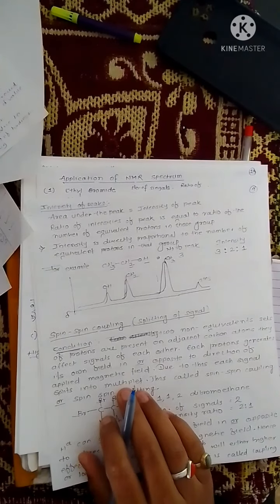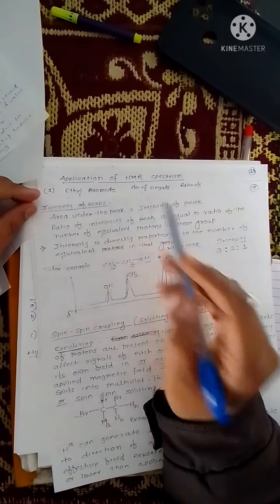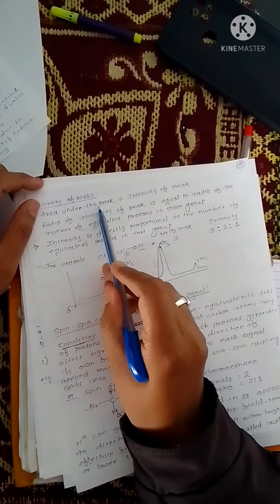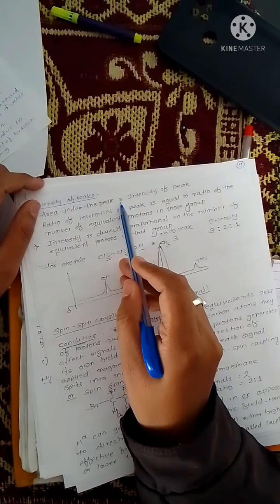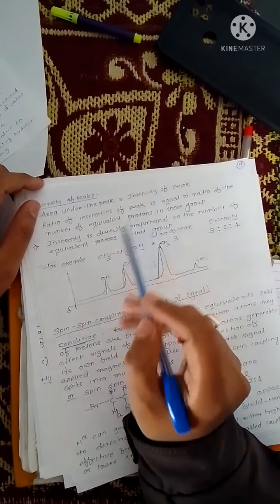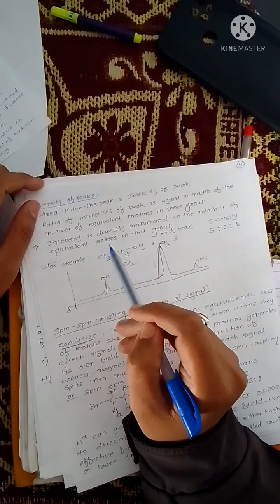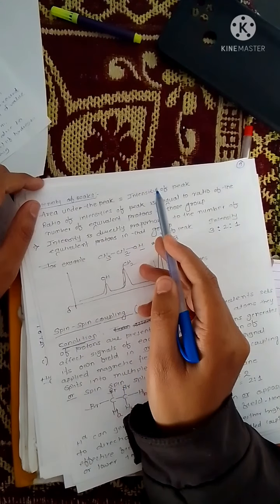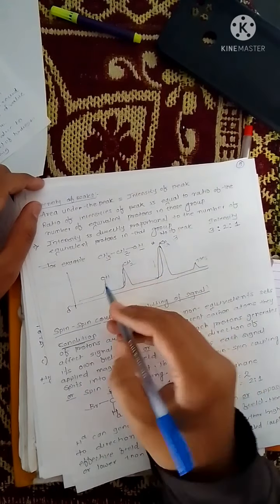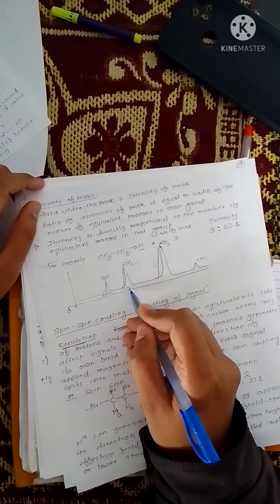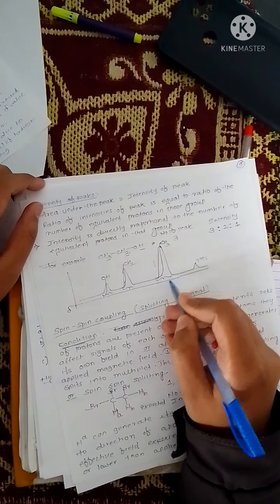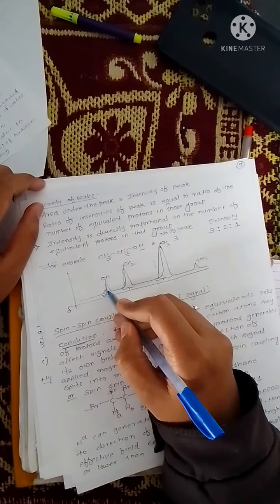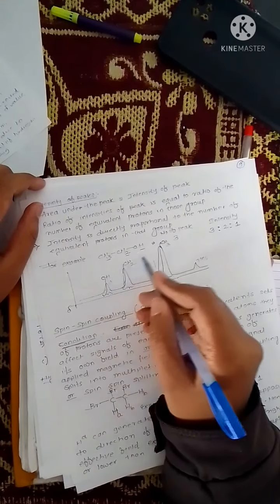Now next topic is intensity of peak. Always remember that area under the peak is equivalent to the intensity of peak. Means from intensity of peak, area under the peak can be calculated. Actually it is very hard to calculate the area under the peak, but intensity of peak, that is height of peak, can be easily calculated,